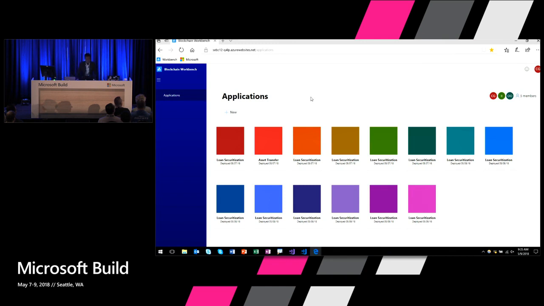So by now you should be relatively familiar with this screen. In my case, I'm going to show you this screen from a developer's perspective. As you can see, the number one thing pointed out here is the immutability of blockchain. Every iteration, every time I screw something up, I just redeploy. Luckily, the Workbench makes that very simple.